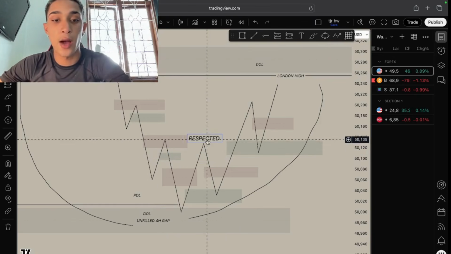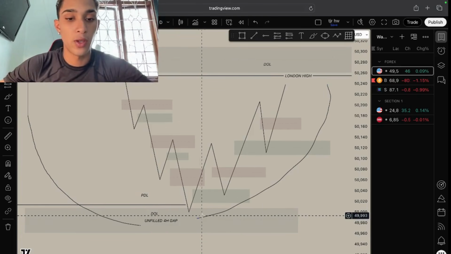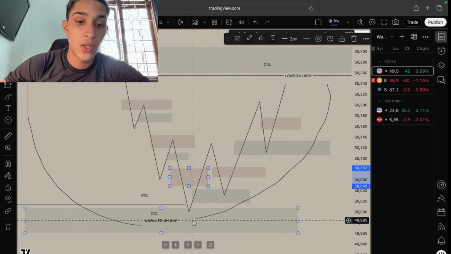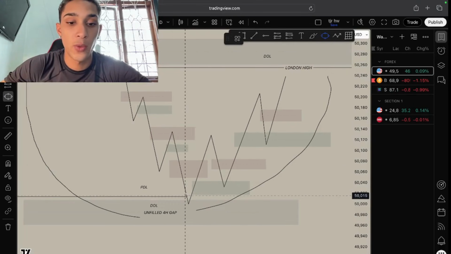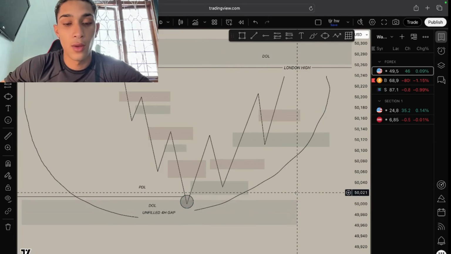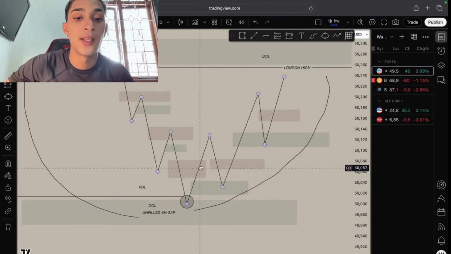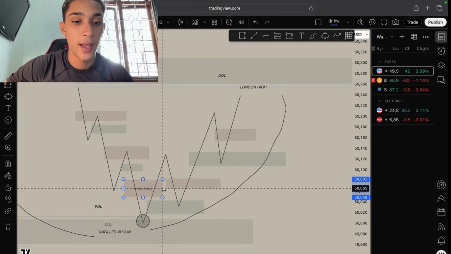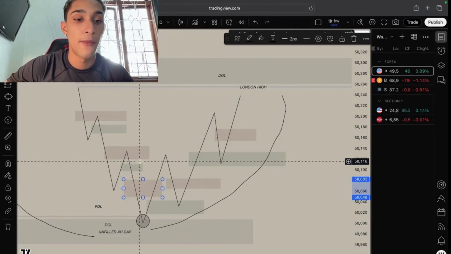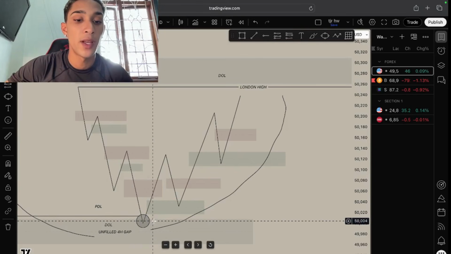But after hitting our draw on liquidity, aka our magnet, along with our suspected reversal point, what happens? We switch. As soon as this moment here happens, the flip gets switched in the algorithm, right? We see now we go from a market maker sell model into a market maker buy model. And how do we see this? By the fact that we now disrespect a bearish fair value gap. Before, we respected, we respect bearish gap, we respect bearish gap. Now after sweeping our